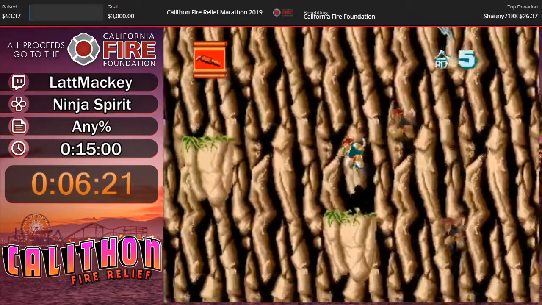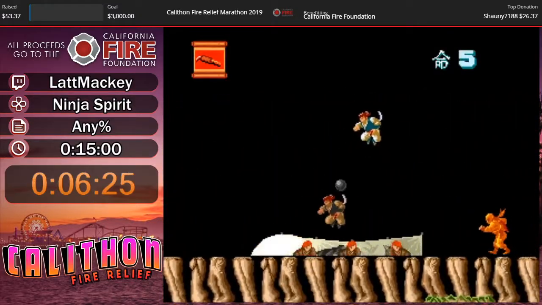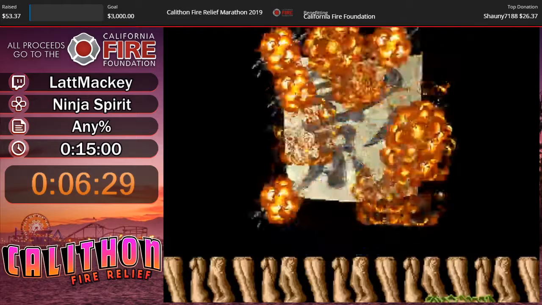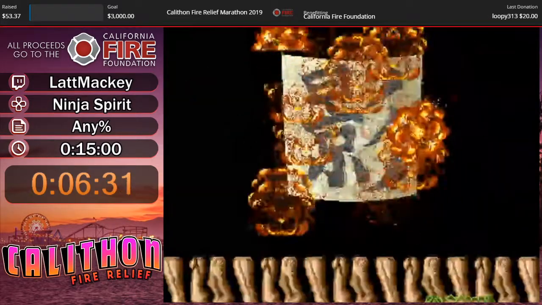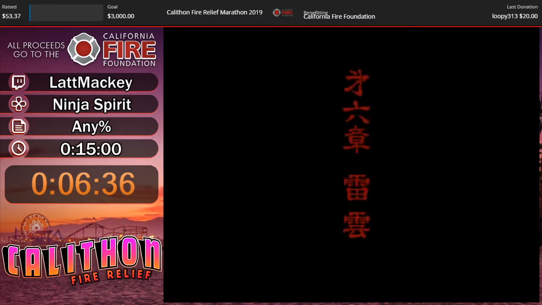And this level, if you miss one of these jumps, can really cause you some problems. And we got through it pretty quick. That actually wasn't bad at all. That boss is one of the easier ones, obviously, as well. And we are off to stage 6, which is...